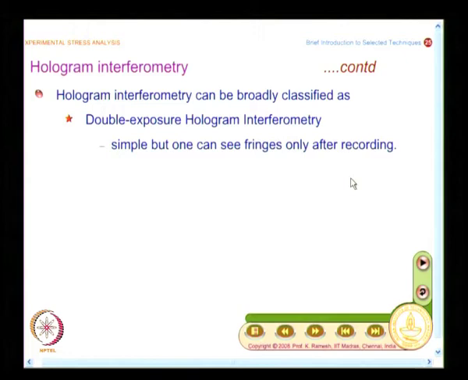But what you will have to understand is, in holography we talk in terms of wavelengths. So, I can measure very small displacements. It is a very fine technique, and later on we will also see there is a stringent vibration isolation requirement for many of these techniques. Why that is so, we will also have a look at.